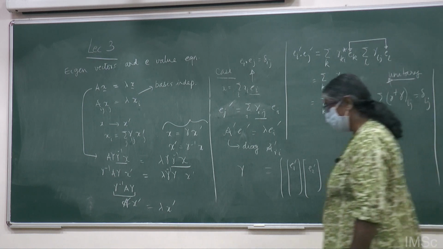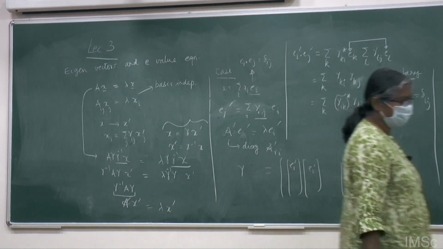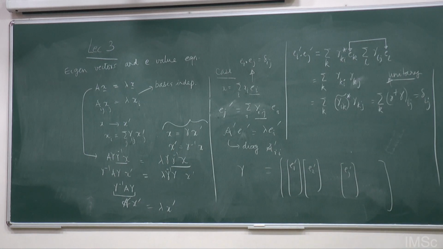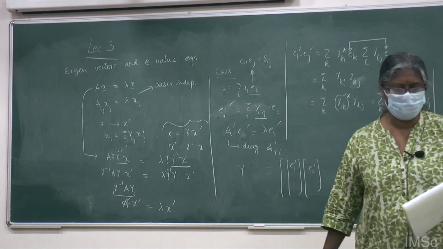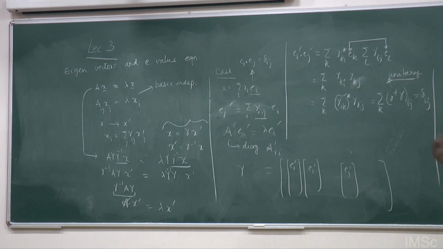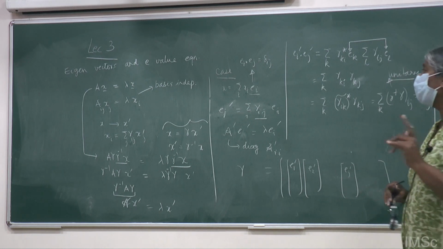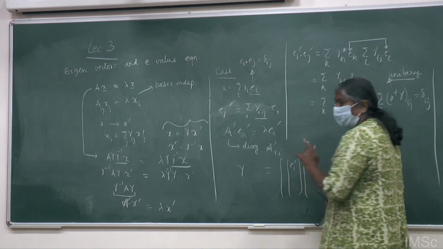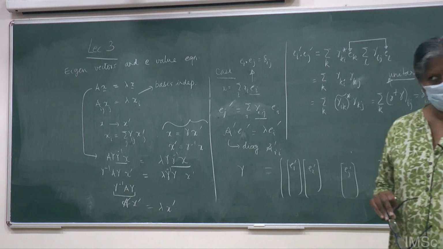You introduce a gamma inverse, right? And in fact, the gamma inverse is gamma dagger because it's unitary. But it depends on which way you look at it. I think the correct way, I'm a little confused myself, is that I can always transform from one set of orthonormal basis to another set of orthonormal basis. Now the normalization is guaranteed because the norm is greater than 0, so I can always normalize it.